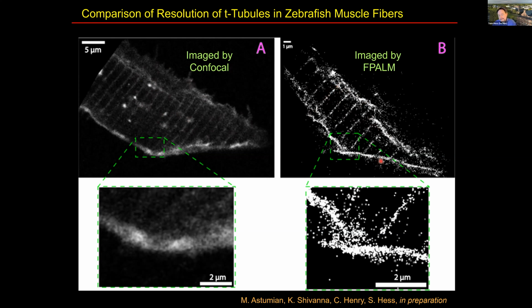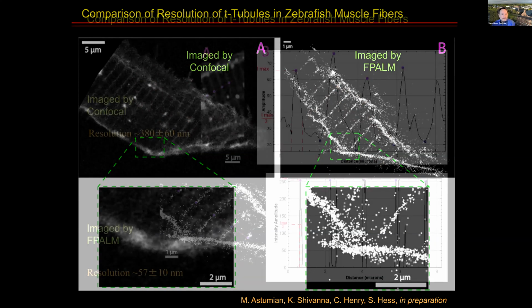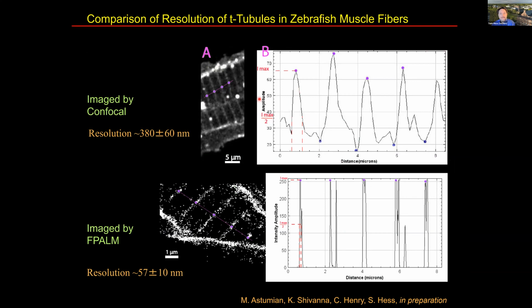them more distinctly. And when we quantify the cross sections of these tubules, in the confocal, they have a width which is about what you'd expect, the diffraction limited resolution of 300 or 400 nanometers. In the super resolution scope, those profiles narrow to 57 or so nanometers, demonstrating that the features are better resolved. And thus, if we need to study those muscle structures and compare disease and non-disease fish, we're able to do that with localization.